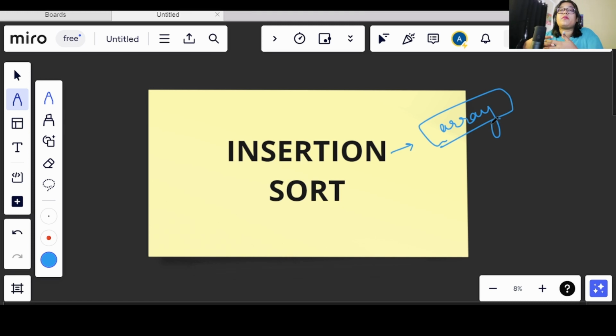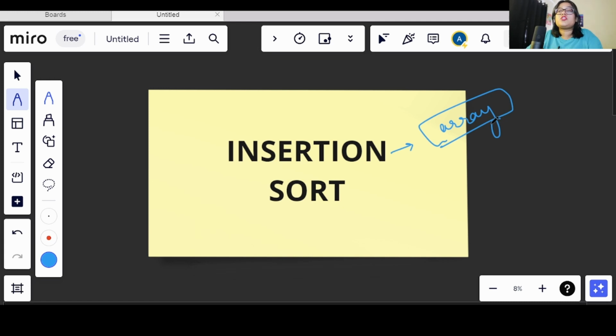Insertion sort is not a very efficient approach to sort an array. I am telling this beforehand because we are going through it since it will help us develop logic for further complex sorting algorithms, and we will get an idea of how to frame our code when we have to sort. It is not very helpful for very big arrays, but for small arrays it is good, or at least not that bad. The time complexity of this sorting algorithm is O of n square.